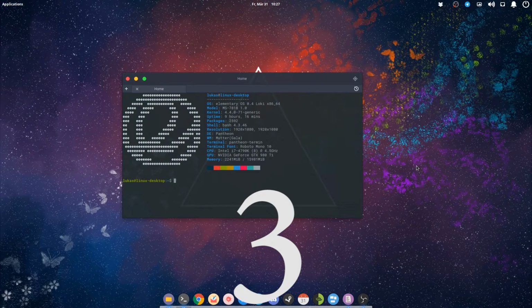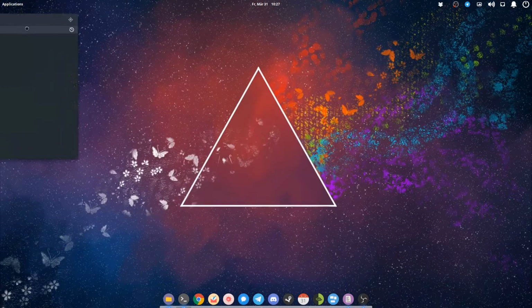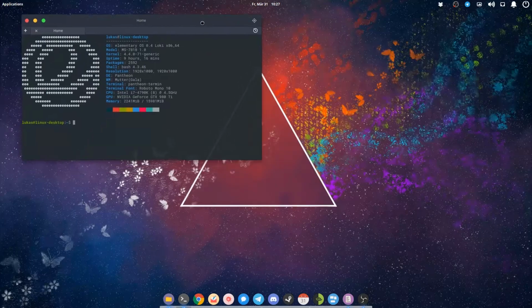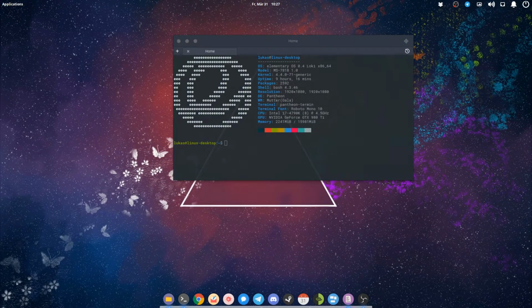3, 2, and 1, these are really things that hinder me in my user experience and in the way that I use the operating system. And these are really, for me personally, big problems with elementary OS. So number 3 is window snapping. If you've ever used Ubuntu, I mean stock Ubuntu, you know that you can snap windows to only occupy like the top or the bottom quarter of the screen. Okay, say